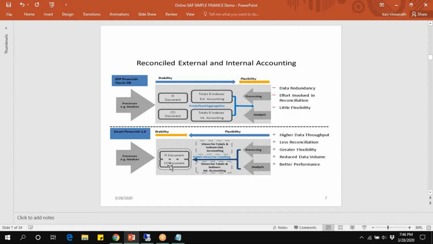Finance is the view for total and index tables of external accounting, meaning external reports. And controlling is the view for total and index tables of internal or management accounting. While processing and analysis, the analysis presentation gives high data throughput, less reconciliation, greater flexibility, reduced data volume, and better performance.